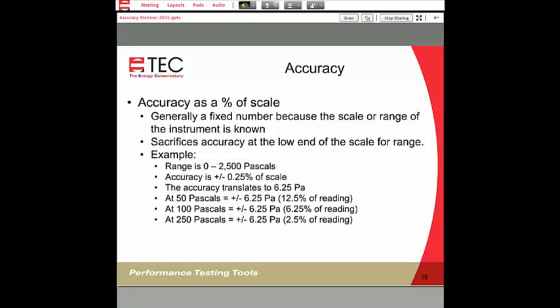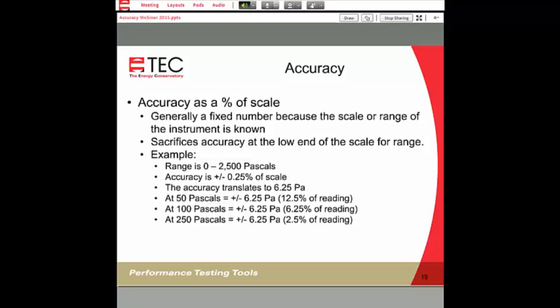So in this case, when we look at 50 pascals, we translate this 0.25% of scale as plus or minus 6.25. And you'll see that it's 6.25 through the entire range. The actual percentage of reading changes then. So at 50 pascals, our 0.25% accuracy of scale is really 12.5% of the reading.